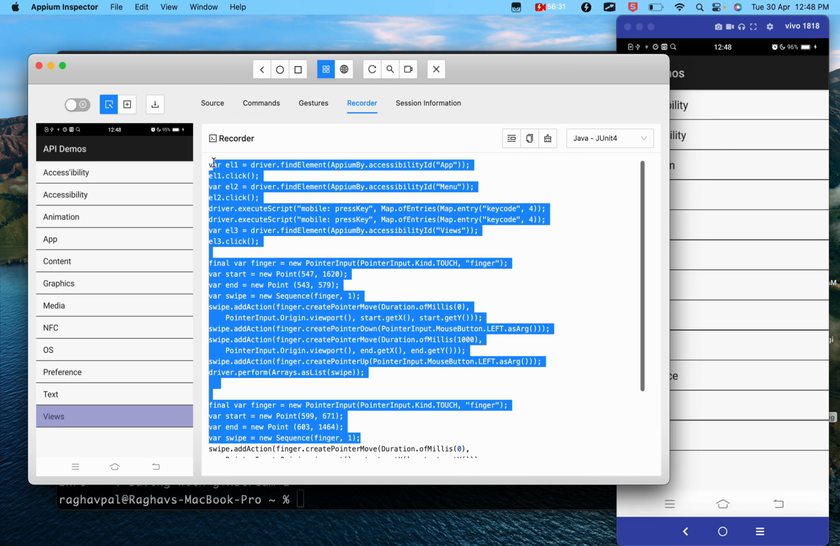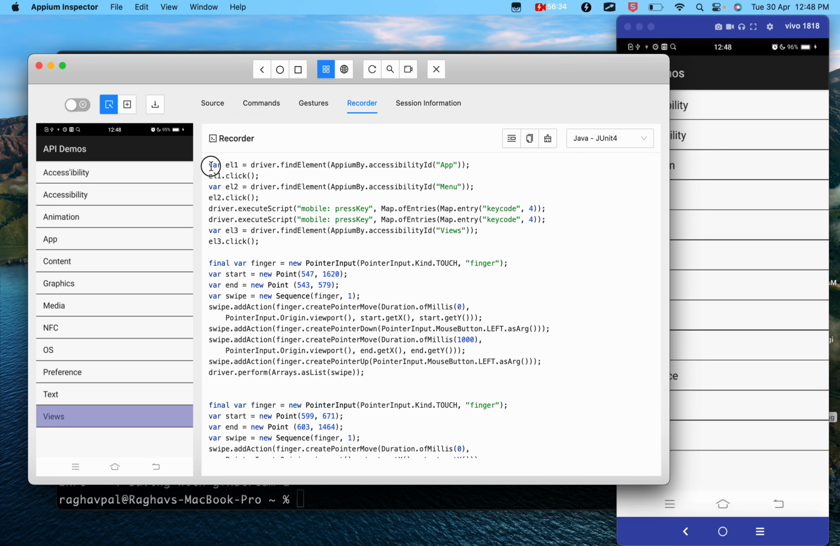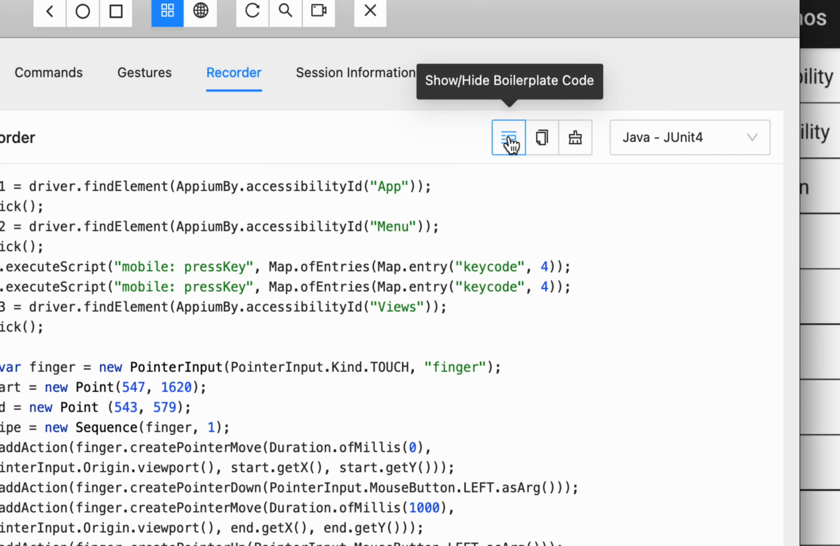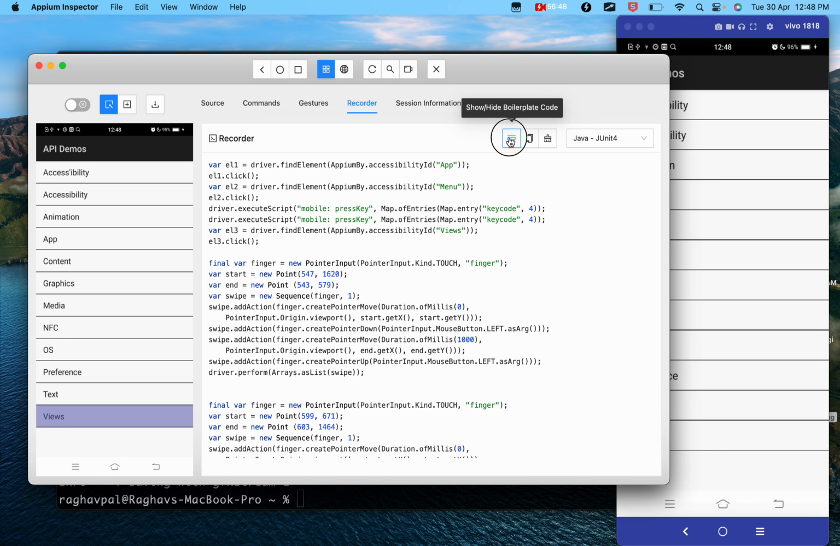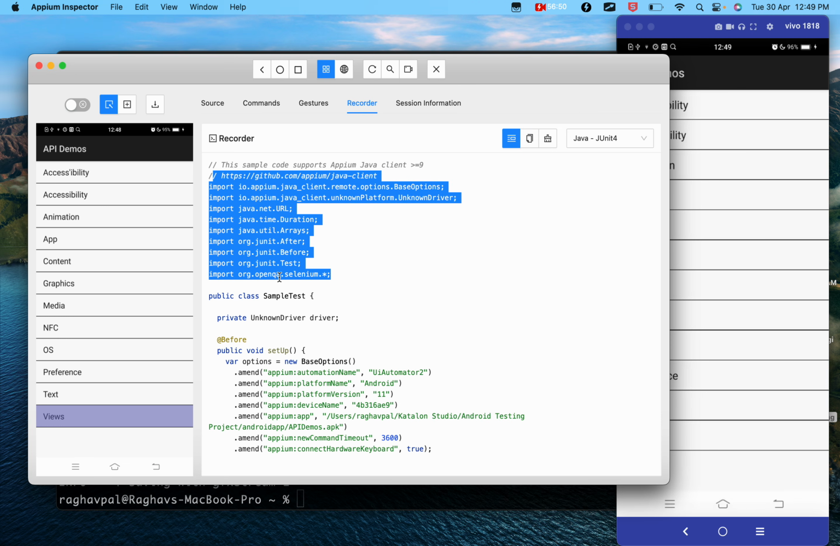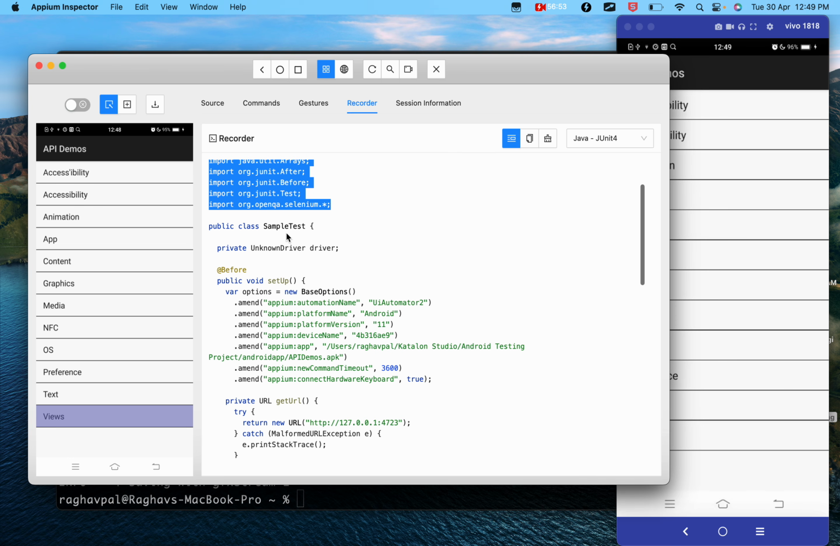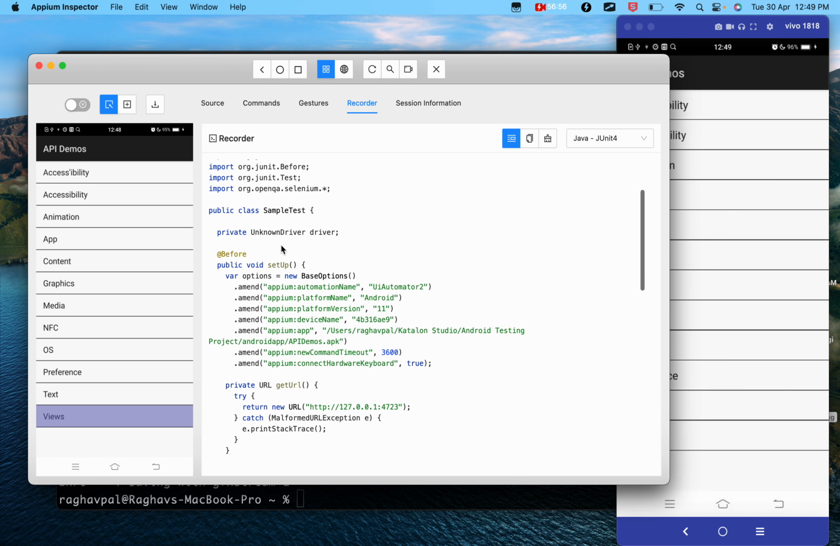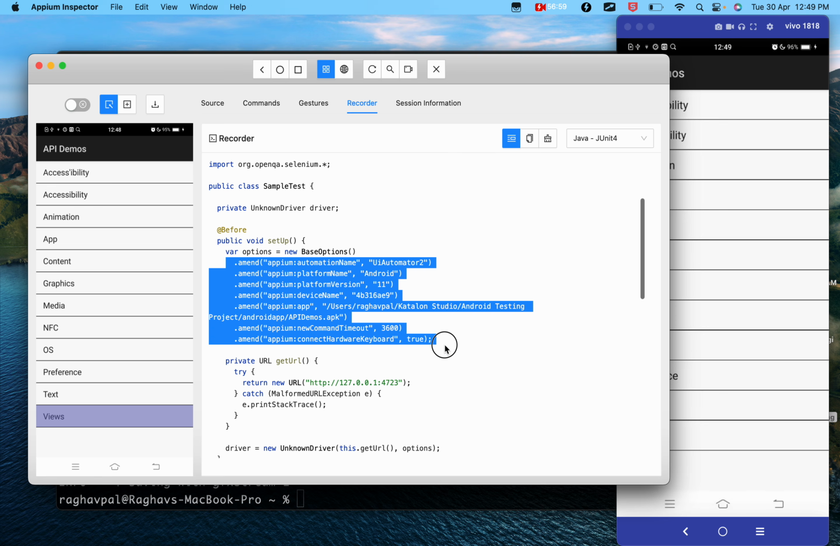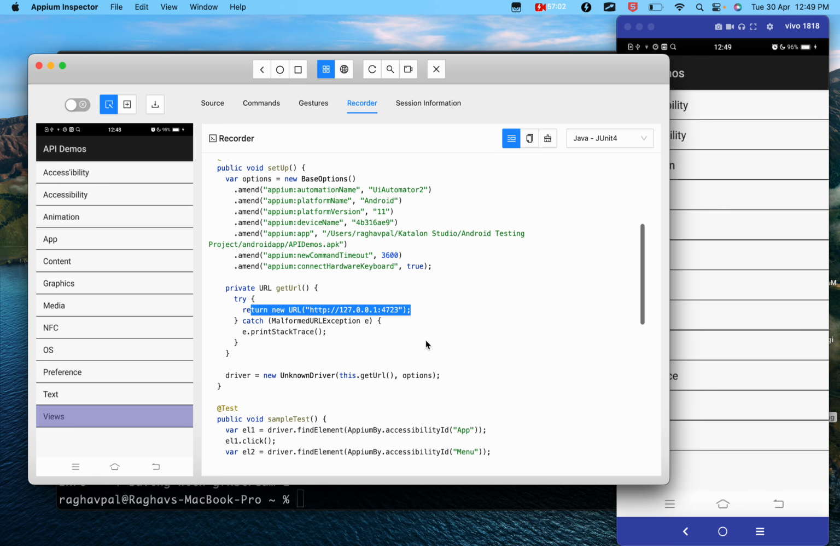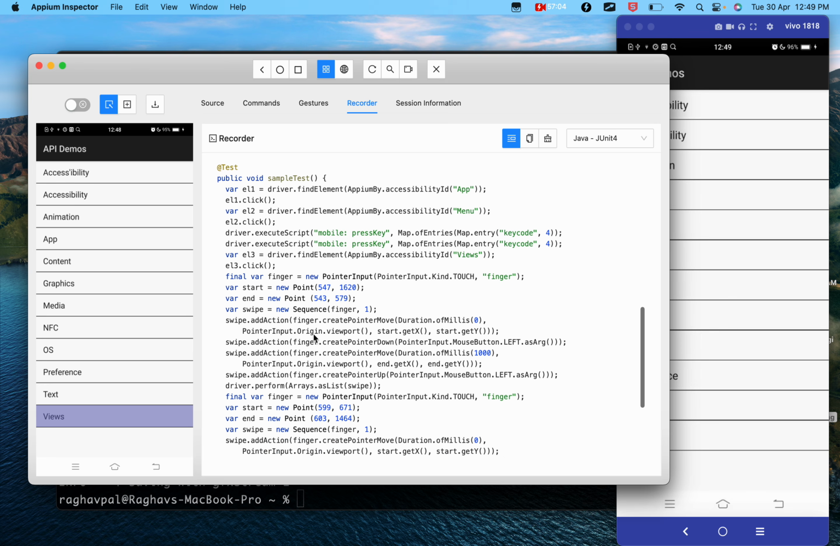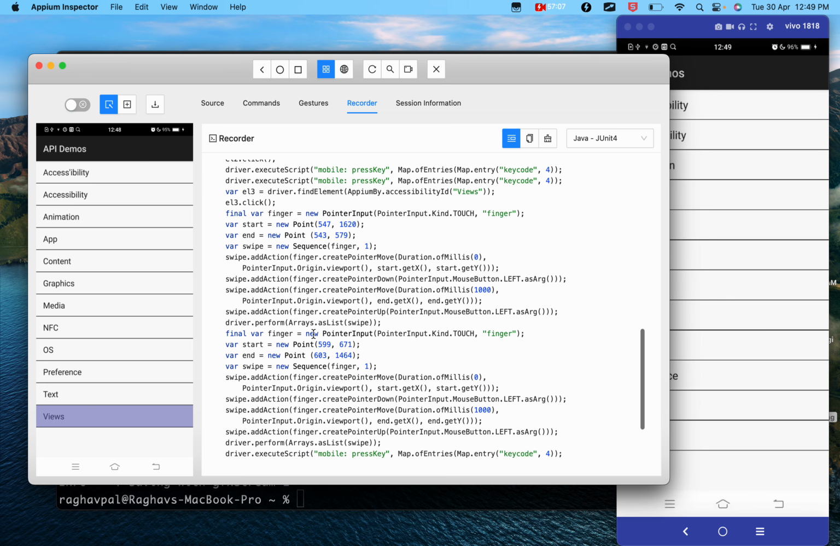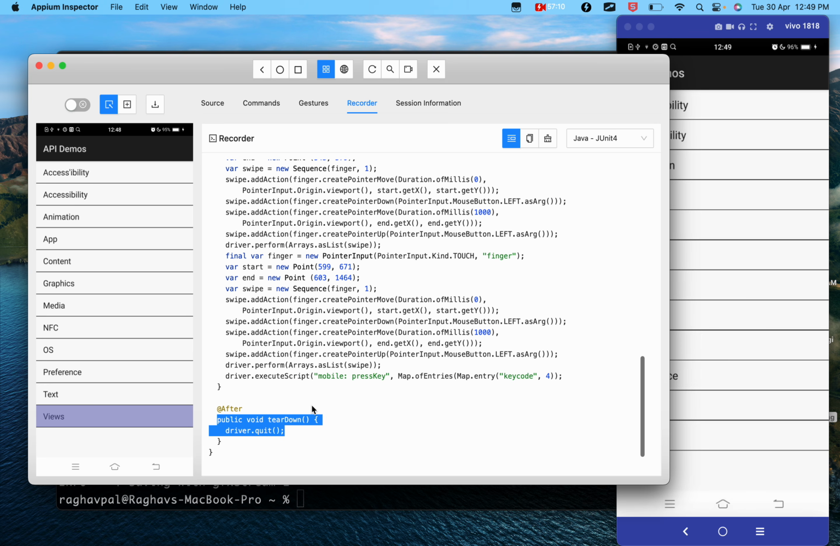But if you want some session setup code, that we call the boilerplate code, that is how we will connect to Appium server, how we will connect to the session, and then we will do all this action, that you can get from this button, show or hide boilerplate code. So if I click this, you can also see we are getting everything right from the import statements. So this is in Java, so import statement and starting a class and then setting up the Appium session with all the desired capabilities. This is where we are starting the Appium server, and then we are having all these tests to do our actions,